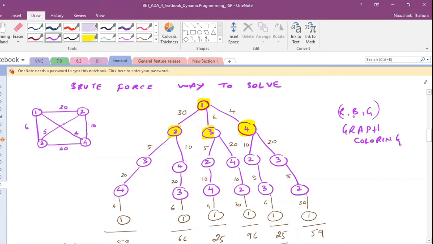In graph coloring also, we said, okay, you use one color, you should not repeat the color, right? This is the same as that. So when you start with 1, you have 3 possible combinations. Then if you pick 2, you can either go to 3 or 4. These are the only 2 combinations. I cannot write one more combination here as say 2. This is wrong, right? Because 2 is already visited.